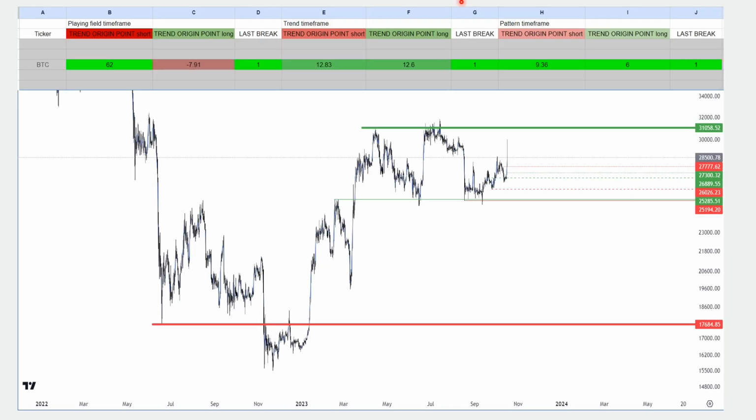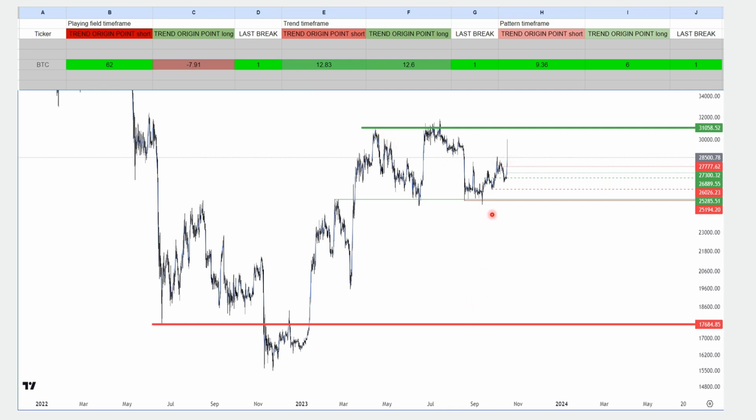now that we know how to locate trend origin points, which are the levels you see on the charts drawn on 3 different time frames to the long and short side, we take a look at what the table tells us from where Bitcoin price is right now, and we would see only green at this point right here. A very strong bullish bias is formed from the simple table by measuring price in percentage terms at this point